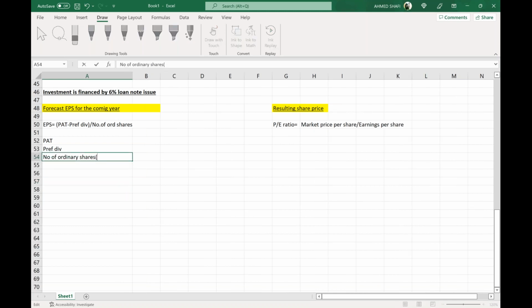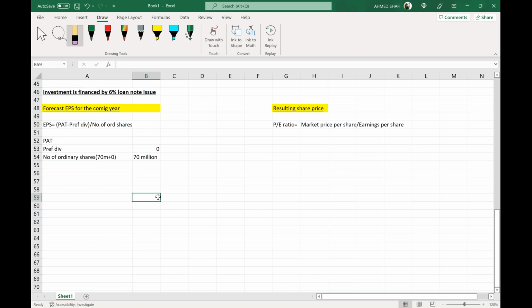Currently, the company has 70 million shares this year. It plans to make an investment of 25.48 million and plans to raise finance via loan note issue. Do you think this will increase the number of shares next year? No. So next year's shares will be 70 million. If you're raising via rights issue, then shares increase. If you're raising via loan note issue, it doesn't increase shares. Same. No preference shares have been issued at present, so preference dividend is 0.